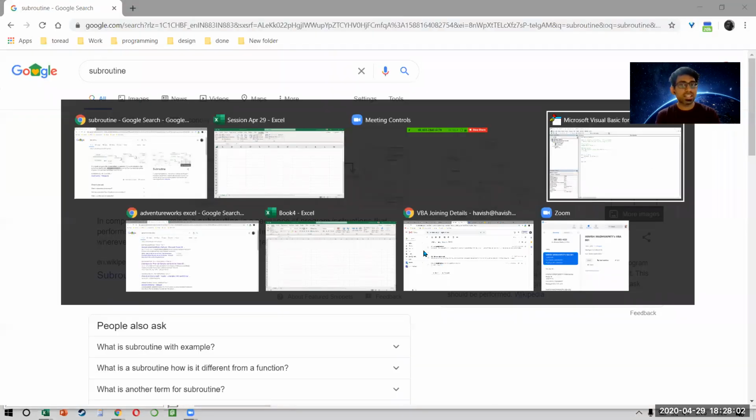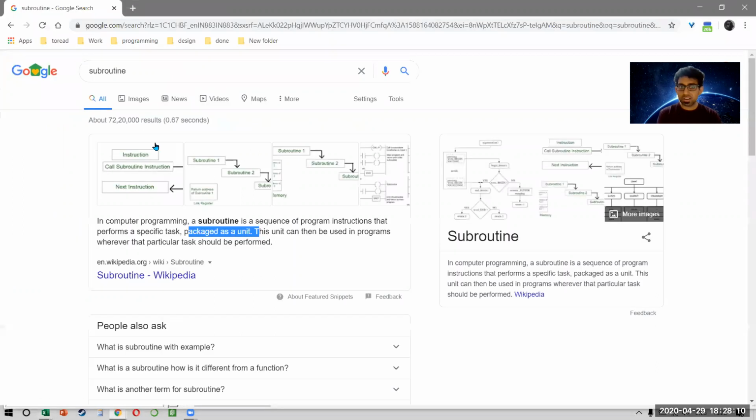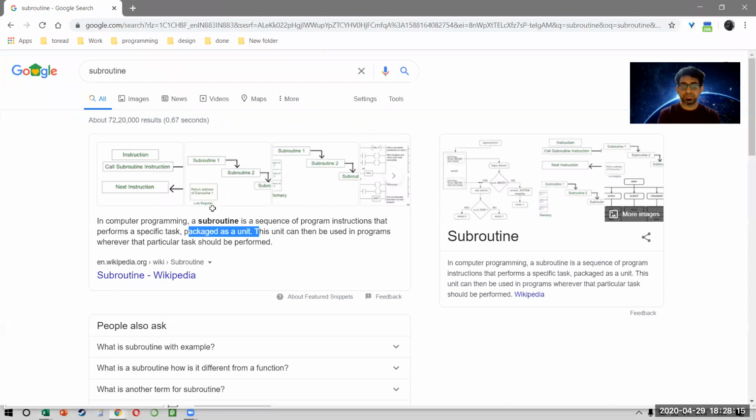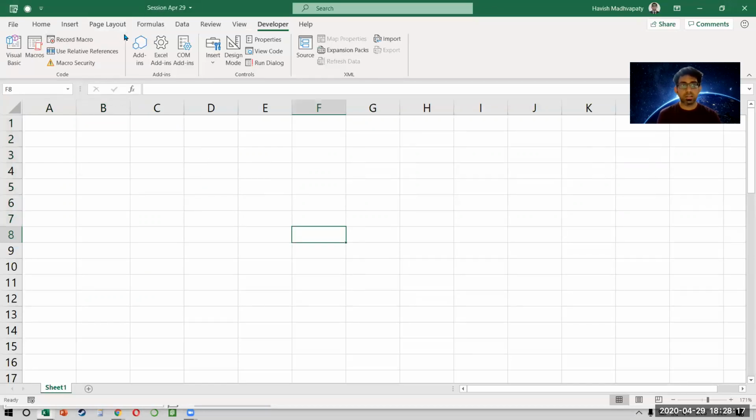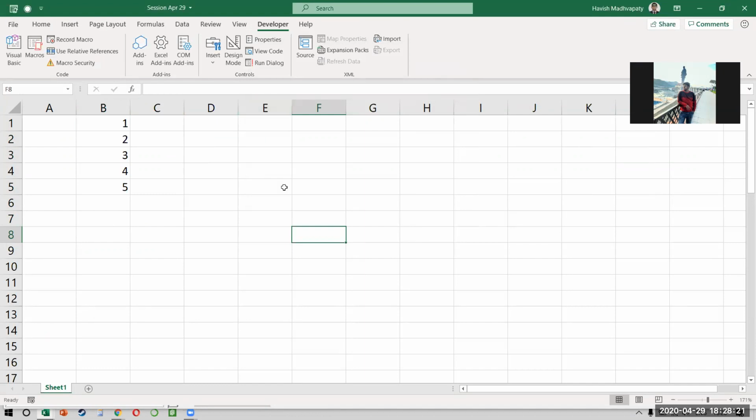And why are we not changing the other one? Because this one, remember, is my column. Tell me, what do you think will happen if I make this 2? Now my values will not come in column A, it will come in column B. Watch. Macros, run, and you notice now it comes in column B. So see, the column number can also be chosen and the row can also be chosen.